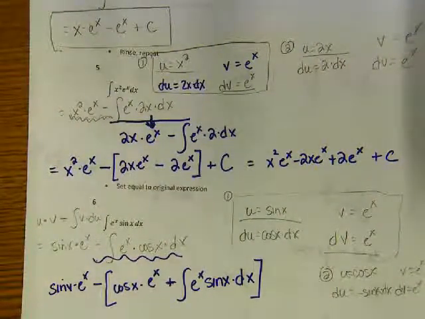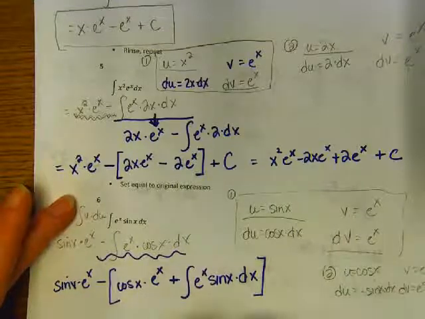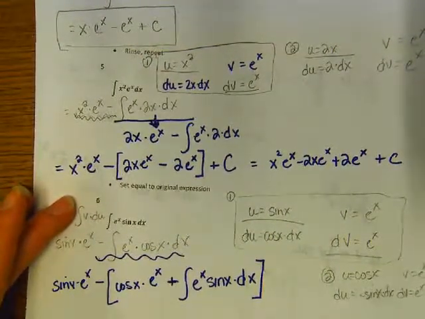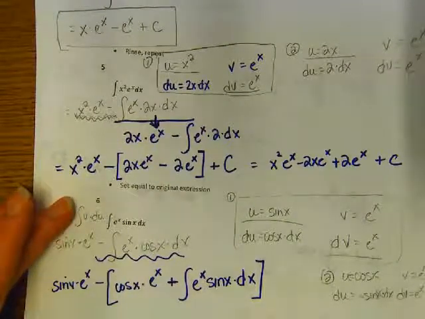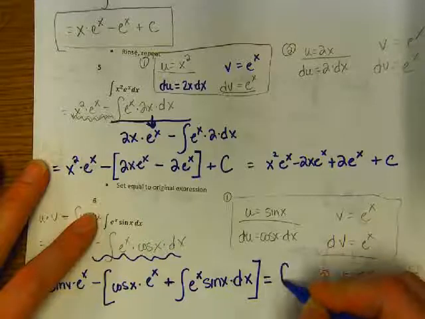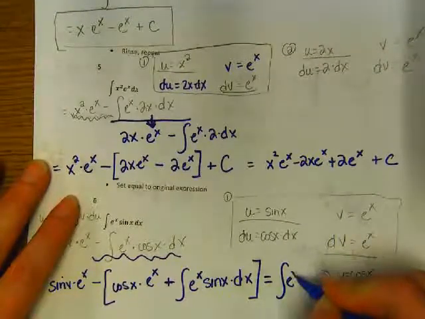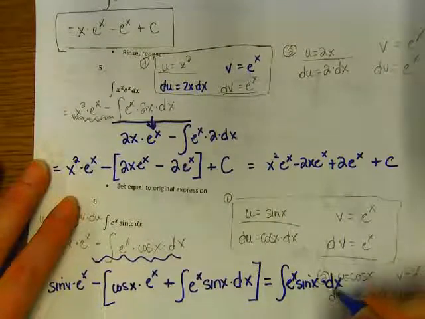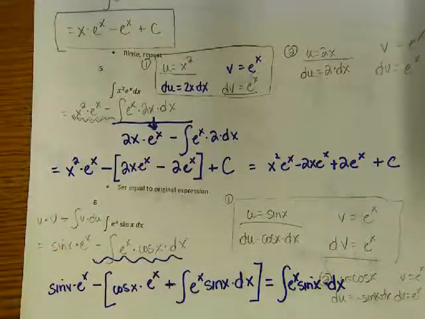Now, do you remember in the beginning, what we were trying to evaluate? What we're doing so far is evaluating what integral? What we started with, correct? So, I'm going to write here equals the integral of e to the x sine x dx, because that's what we were trying to find, correct? Okay. So what I'm going to do is I am going to